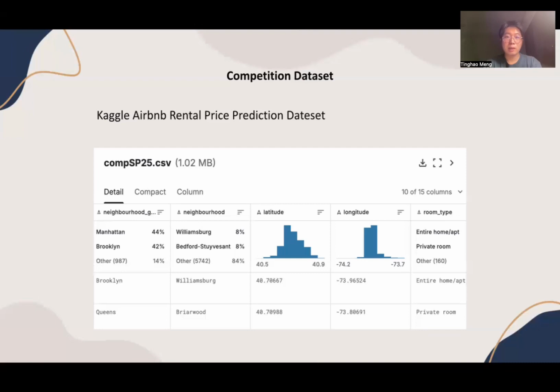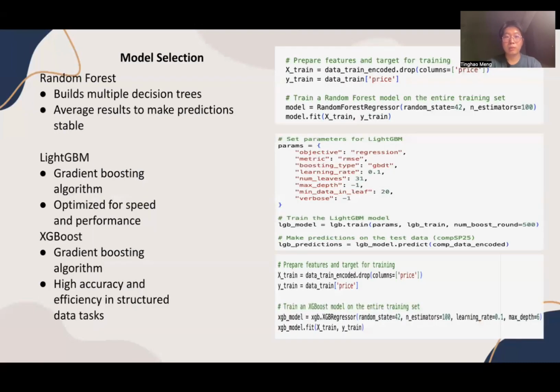To achieve this, we tested three different machine learning models. The first model we used was random forest, which is an ensemble learning technique that builds multiple decision trees and averages their results to make predictions more stable. The second model was LightGBM, a gradient boosting algorithm, which is optimized for speed and performance. And the third model, XGBoost, is also a gradient boosting algorithm known for its high accuracy and efficiency in structured